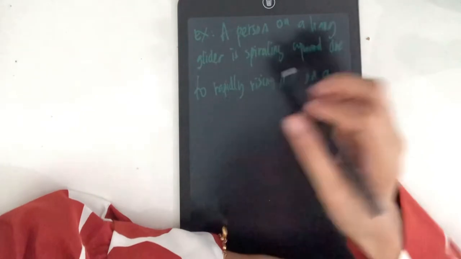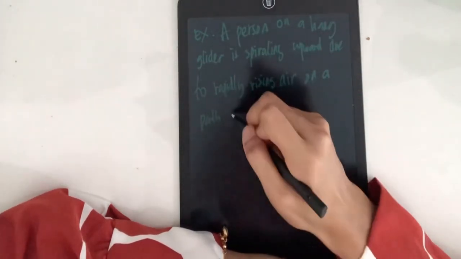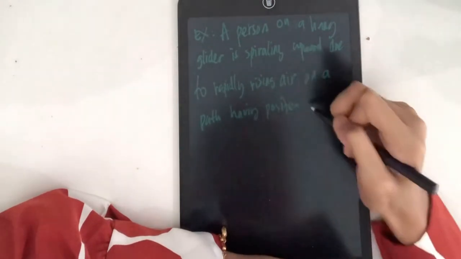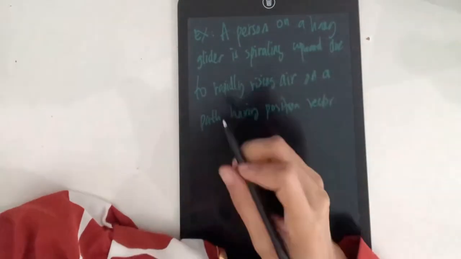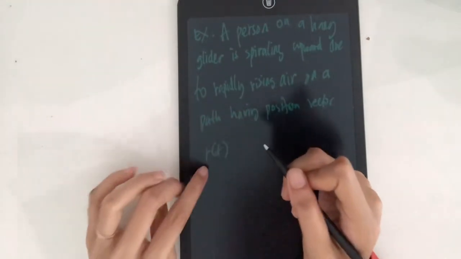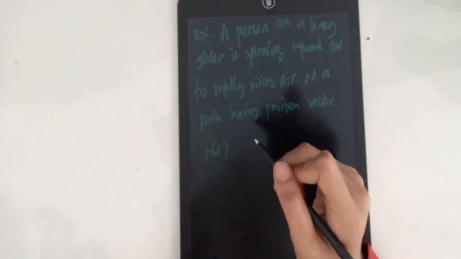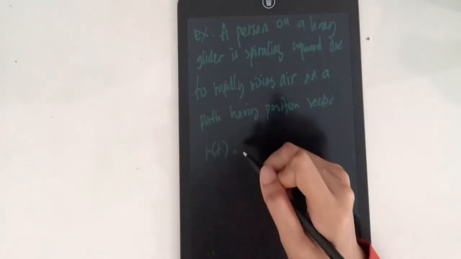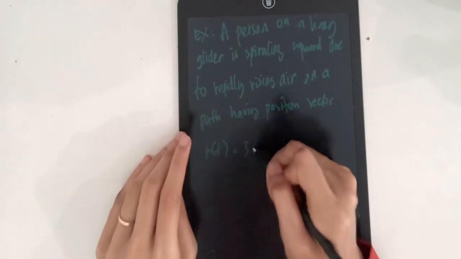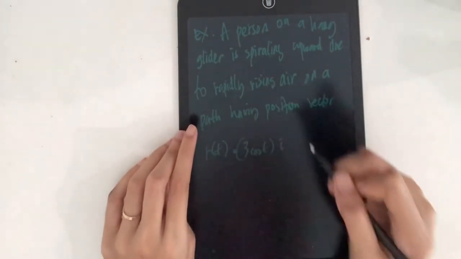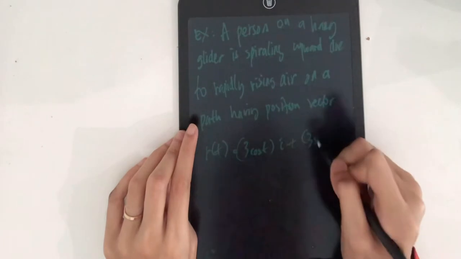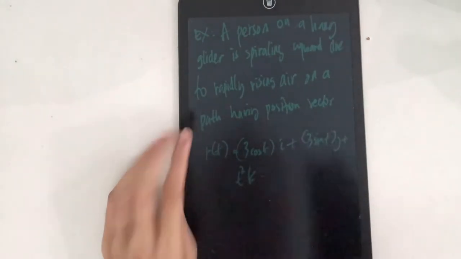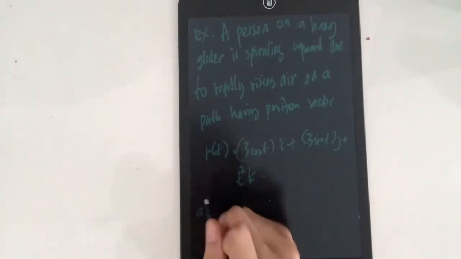On a path having position vector. Okay, position vector. So this is the vector r(t). Even though it's r, it means you can use any label, it can be f, it can be r. It doesn't matter whether it's r or f, as long as you know that it is a vector. So 3 cos t i plus 3 sin t j plus t squared k. And the question asks you to find